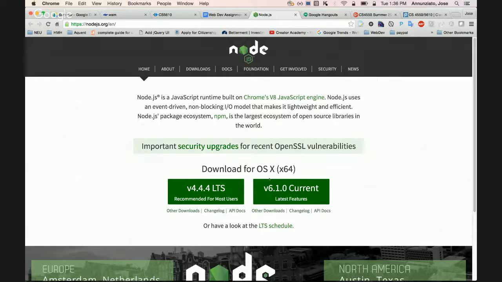But if you want to play around and experiment, we're not going to use any of the advanced features of Node.js, so we should be okay even with the latest version. This install is really easy. It's just going to add a couple of command executables on your path, just node and npm. So try them out.